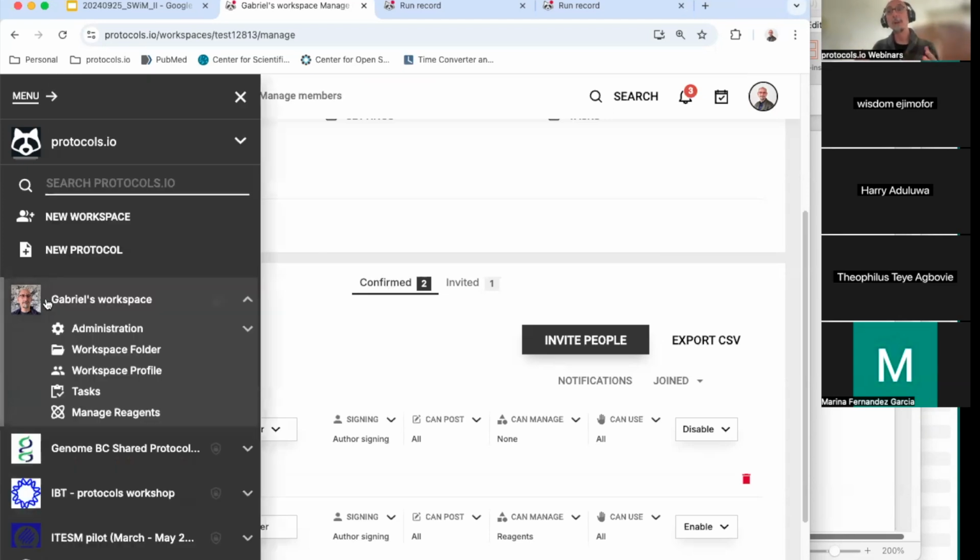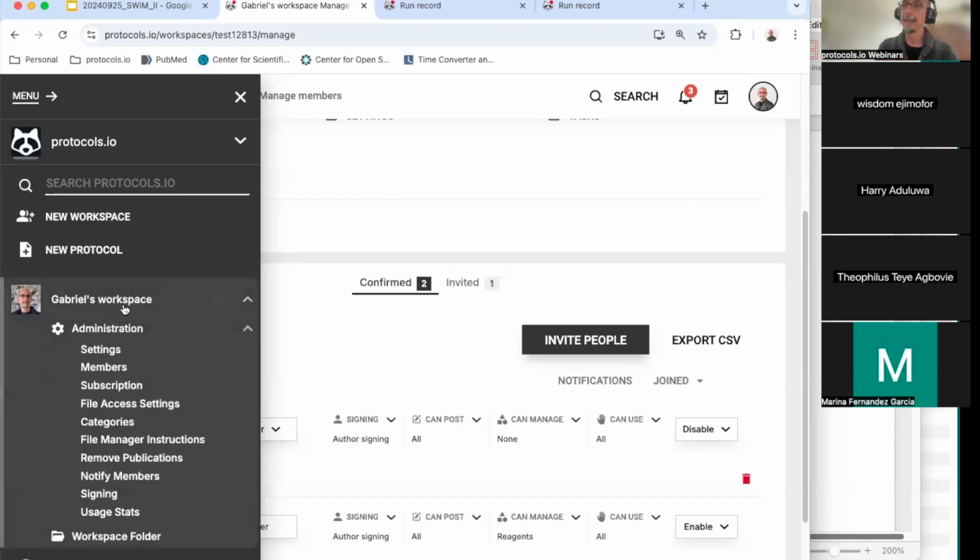Now, you can also customize the permissions that you will give to the members of your workspace with the protocols, documents, and runs that you are saving in this workspace and sharing with them. For example, you might not want other members to be able to publish those protocols. So again, you open your workspace, you open the administration, you select file access setting,